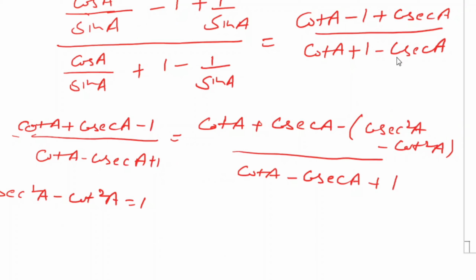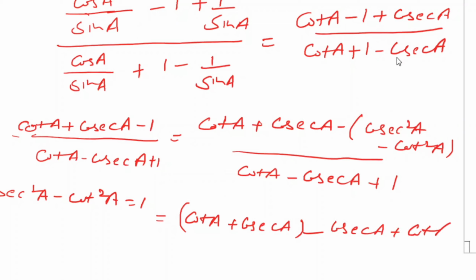Now this is A square minus B square. So if you factorize, it becomes A plus B, so cot A plus cosecant A. One term is this. The second term is cosecant A plus cot A, and the second factor is cosecant A minus cot A. Fine, I'll just write it properly. Because we'll apply the identity A square minus B square, this is cosecant A minus cot A.